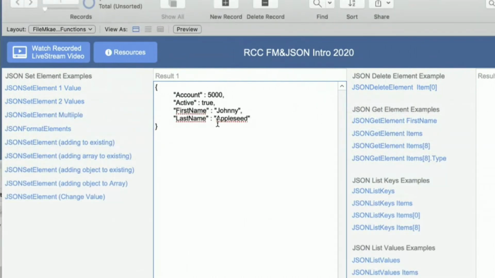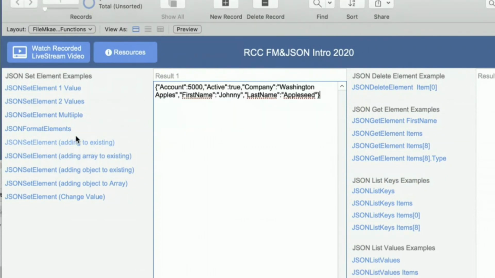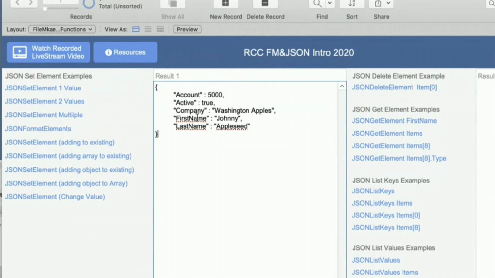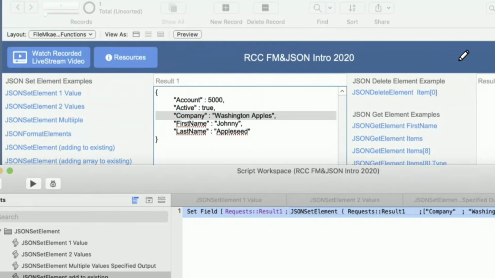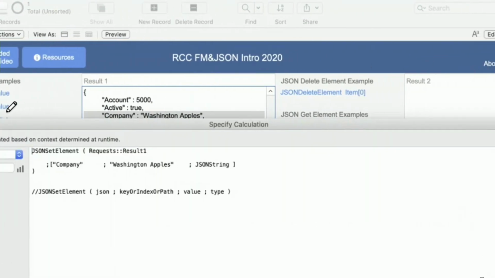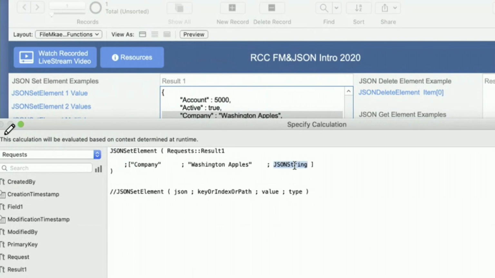So here's what we're starting with. I'm going to say add to existing. We'll format that again. And we'll see we have all those values that we had before, plus we have company alphabetically after active as Washington Apples. So once you have this JSON data, you can manipulate it and change it and work with it. The one thing that I want to point out